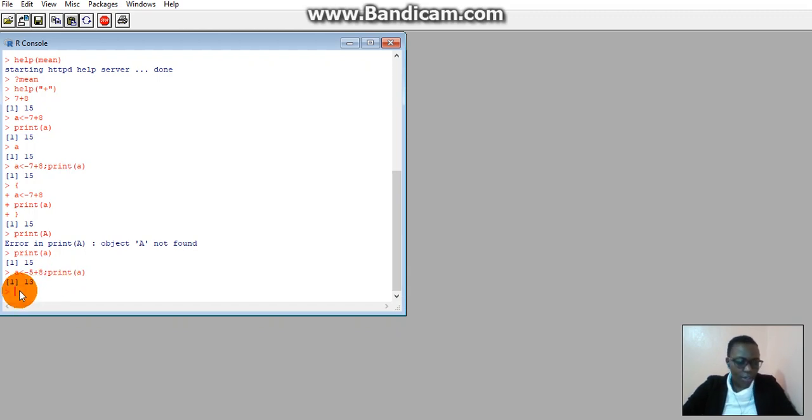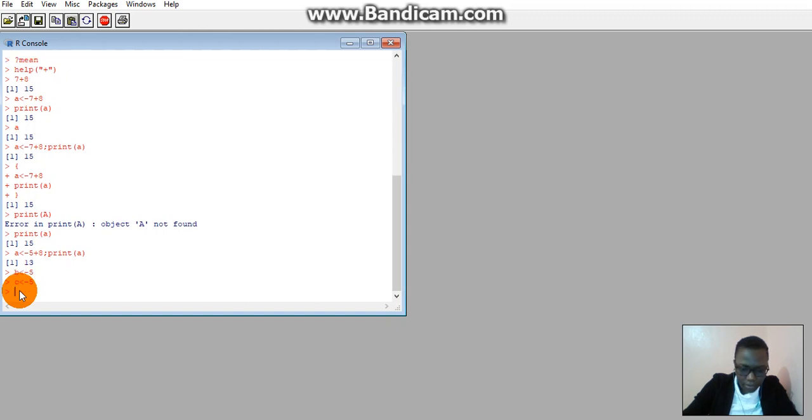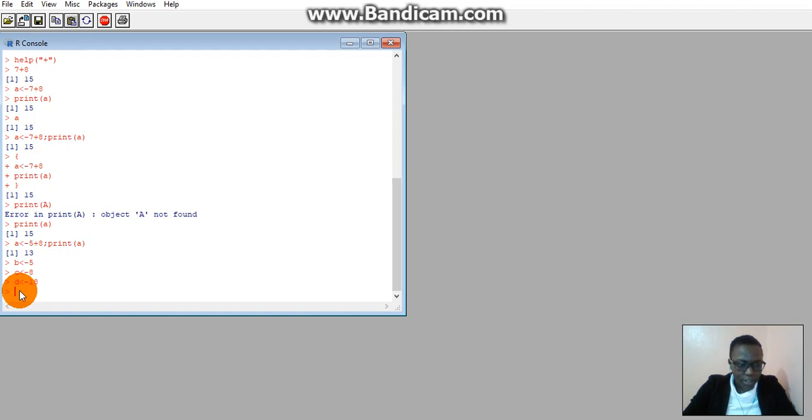So we also have data permanency. All the commands that we've just entered, we can list them. They are listed in the form of objects. I think in our case we've only listed one, but let me list another one, at least a few. B is taking value 5, C 7, and D 18. So to list all the objects that I have,